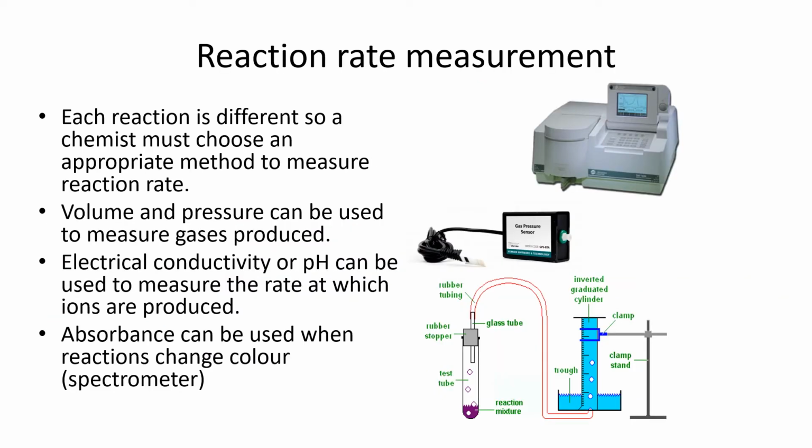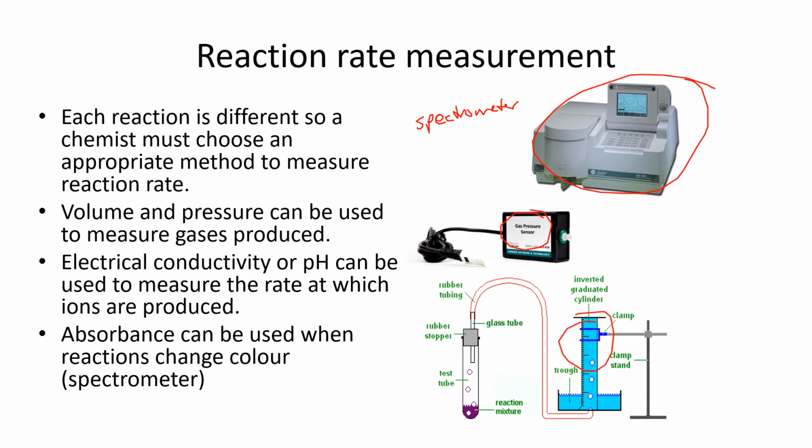Since reactions aren't all the same, you're going to have to use different methods to determine how fast the reaction is going. For that reaction on the previous page where the solution was getting darker and darker, you could use one of these things, which is a spectrometer. Basically it will measure how much light can pass through a sample or how much light is absorbed, and you can use that and of course a measure of time to tell the rate of the reaction. For a reaction that produces gases, you could measure the pressure of gas that's produced inside of a reaction chamber,